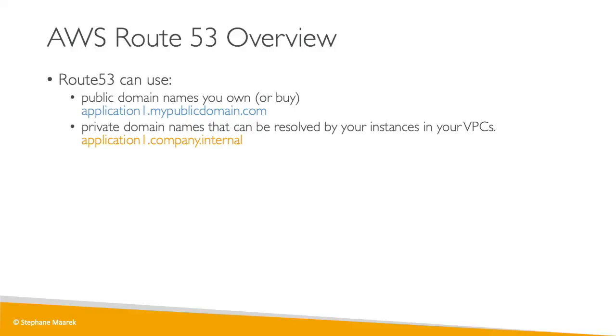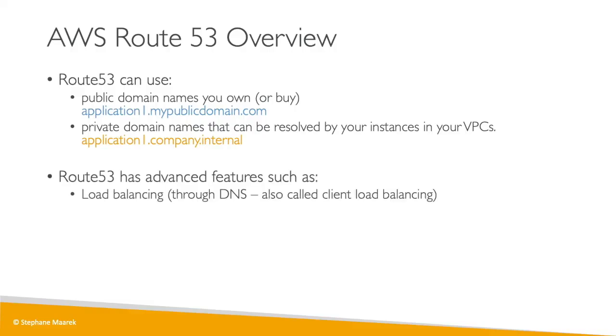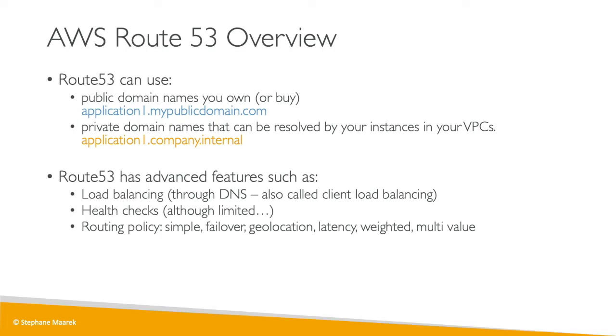Now, Route 53 has a lot of advanced features. Some will be load balancing, and we'll see how that works through different kinds of records. There will be health checks, and we'll also see this in detail. And then there are routing policies that we'll see as well in detail, such as simple, failover, geolocation, latency, weighted, and